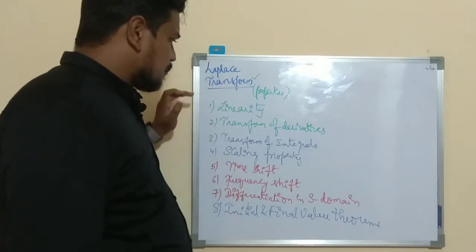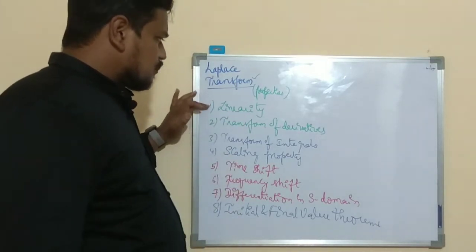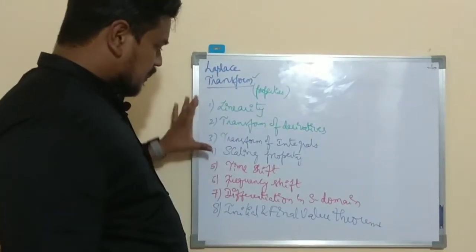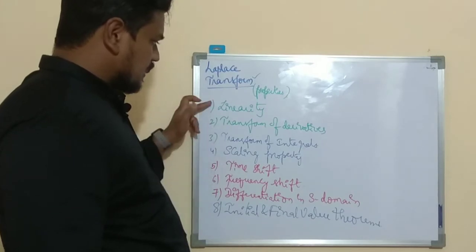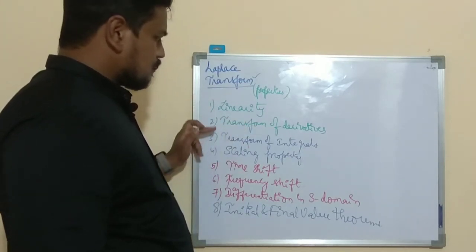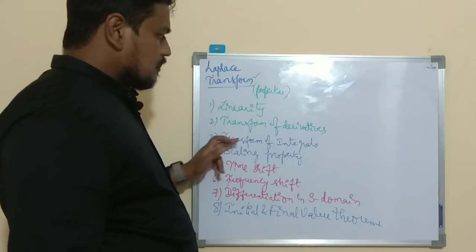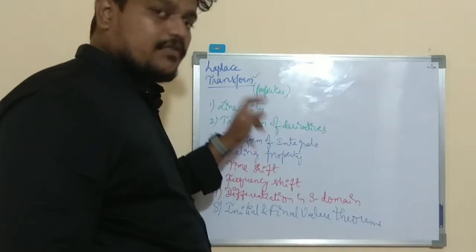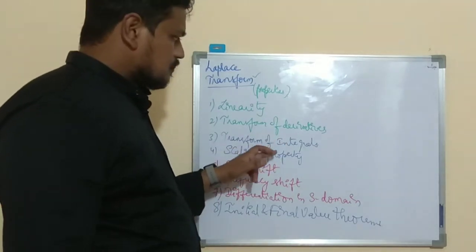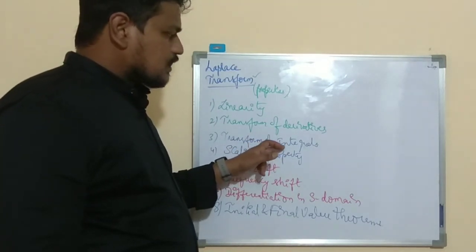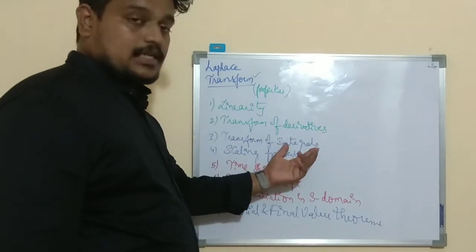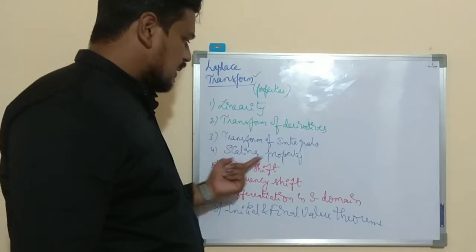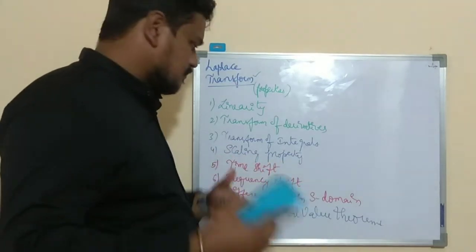So the first thing is the linearity property. When you are trying to add signals, I will tell you. So these are the 8 properties: linearity, transform of derivatives, and transform of integration, meaning the Laplace transform of the derivative of a signal, d by dt of x of t, like that. And if there is an integration of x of t, then what happens to the transform of that integration. Next one, the scaling property, x of t minus tau, that will be there.